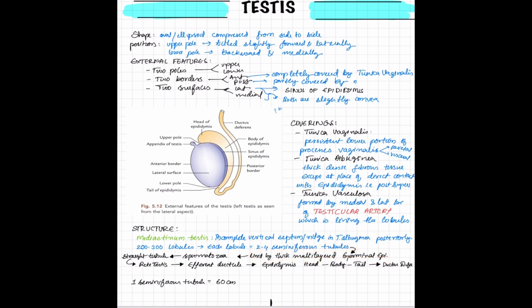So sperms are not produced by the tubules themselves, but by the thick multi-layered germinal epithelium. This germinal epithelium will be changed into spermatozoa, and these spermatozoa will enter into